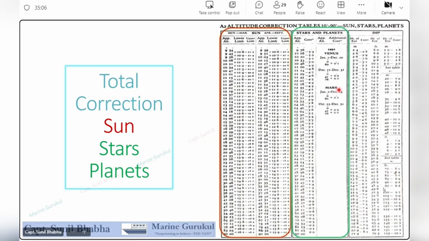Now you will appreciate that Venus and Mars are much closer to the Earth as compared to Jupiter and Saturn. Because these are closer to the Earth, they have a substantial parallax. And this additional correction takes care of that parallax correction. Also, Venus and Mars